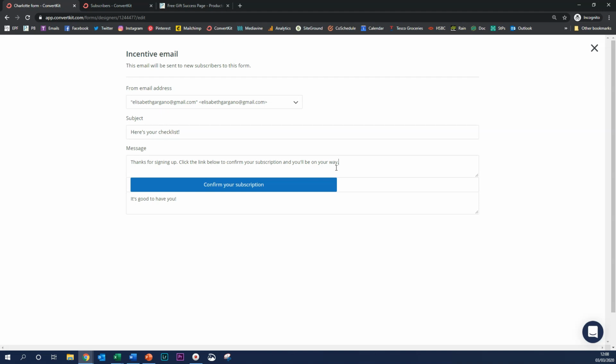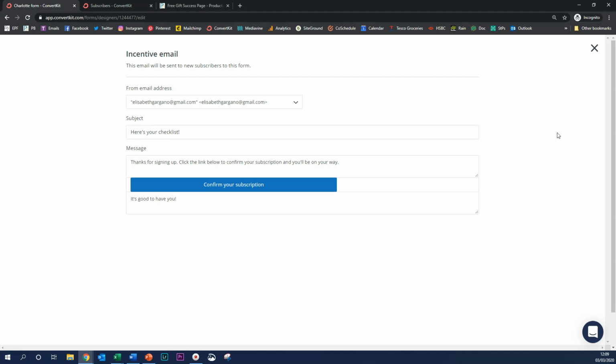Again, this is really important so that people know what will happen when they click that button. So just put maybe a paragraph just below the button, just to say, when you click this button, you'll get your free download and you'll automatically be added to my email list and get my weekly newsletters. But don't worry, if you decide this is not for you, you can click unsubscribe at any time. Something like that, just so people are really clear what's going to happen when they click that button. They know they're going to get their downloads and they know that they're going to be added to your email